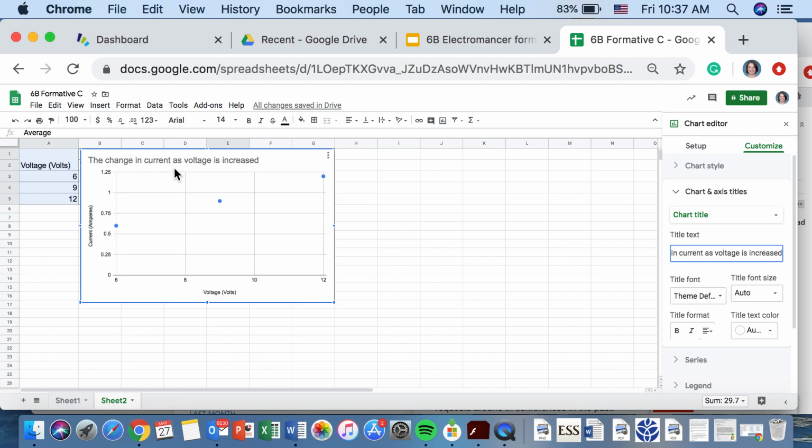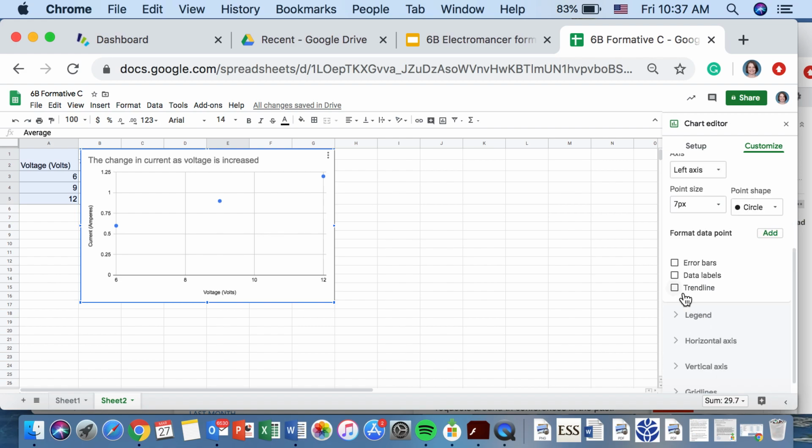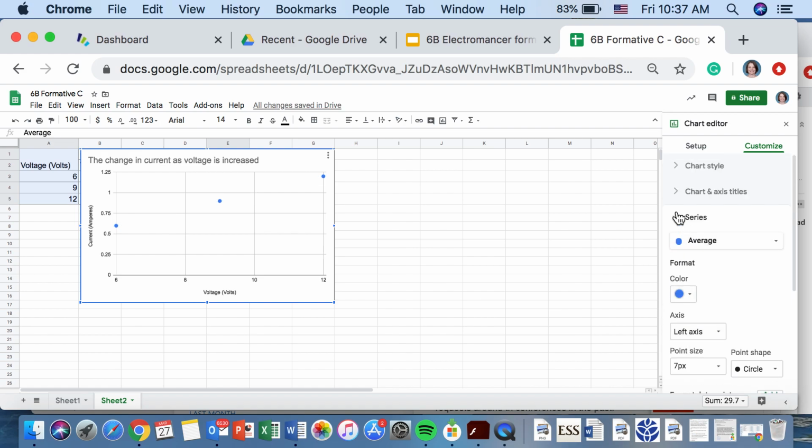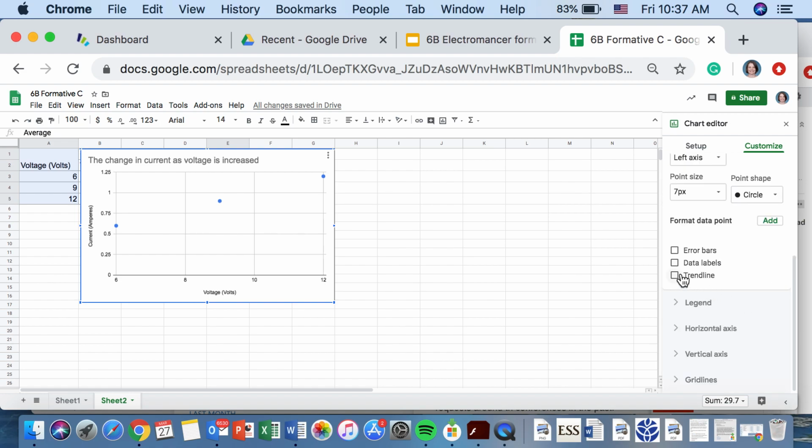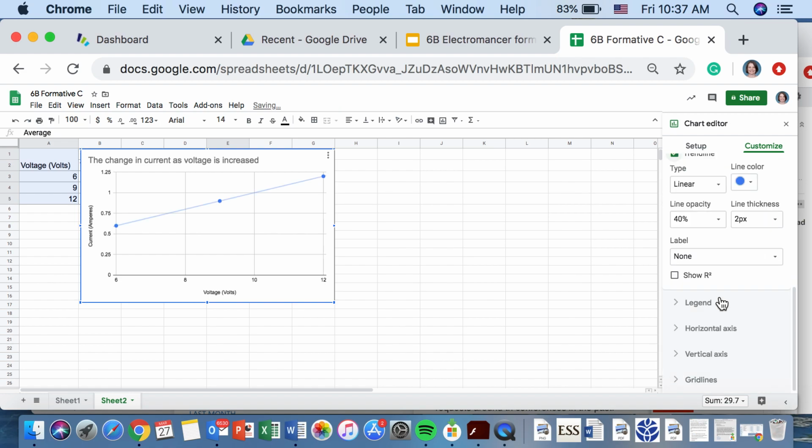Okay, so what I can do now is I need to have my linear line. Okay, now that can be found in this tab here, series. So if I click on series and I scroll down, I get the trend line. There it is. So I'm going to show you one more time how that works. Okay, so I'll click that back up. In Customize, if you want to add your trend line, you go to Series, Trend Line. Okay, and then